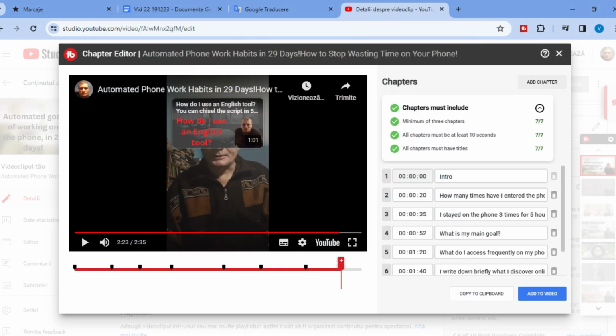We click on plus and add a chapter. Example 0:05:29. Add chapter, and you can add